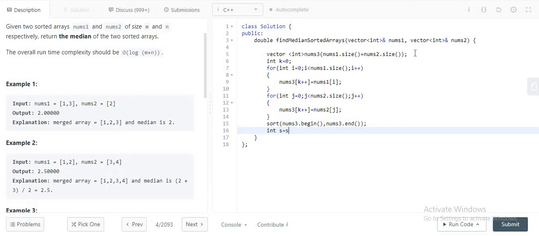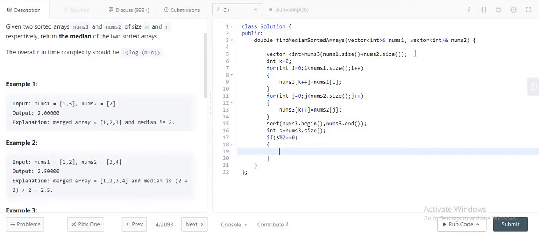Now we'll store the size of our new vector in S, and here we will check if S, that is the size, is divisible by 2, which means if it is even or odd.